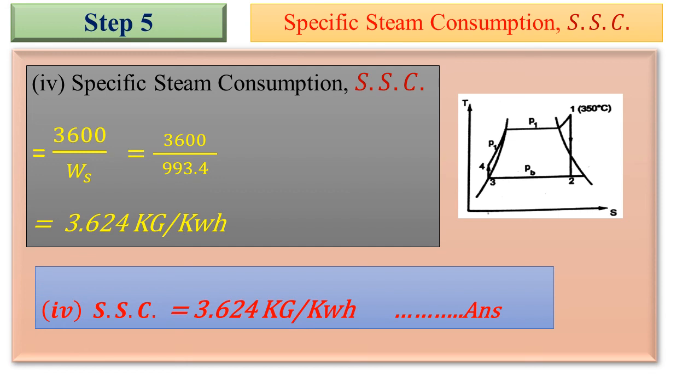Hence, in today's entire session, we have seen first of all how to calculate heat supplied, capital Q, H1 minus H4. Then we have seen how to calculate the dryness fraction at the inlet of the condenser, that is X2. Then we have seen how to calculate specific steam consumption, meaning how much steam will be consumed to produce 1 kilowatt power during 1 hour. Also we have seen how to calculate Rankine cycle efficiency, which is given by the formula turbine work minus pump work upon heat supplied. Thank you.